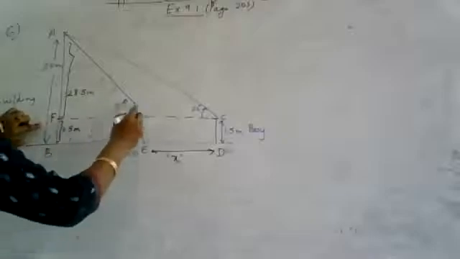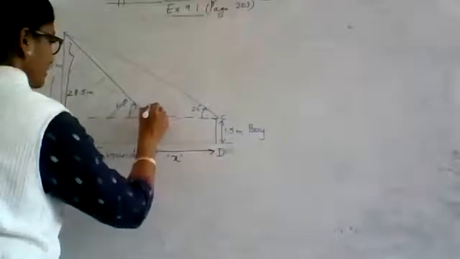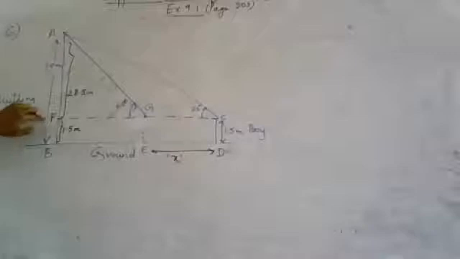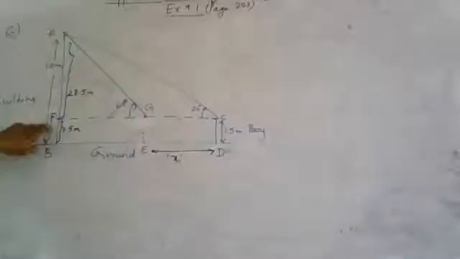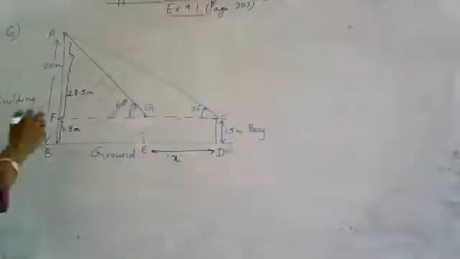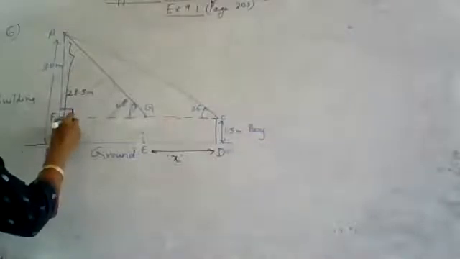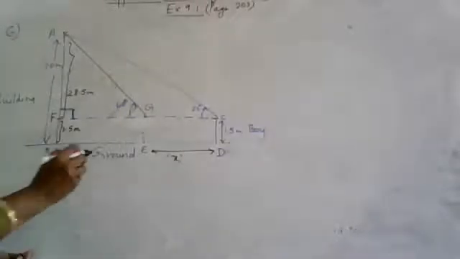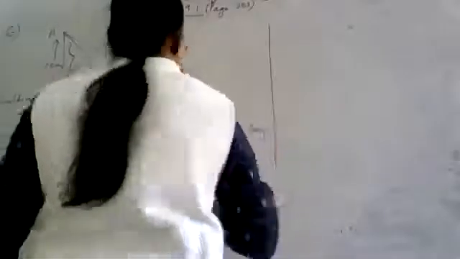A, F, I have to give another point, G. A, F, G is one right triangle. The second right triangle is A, F, C. Do you agree both of them are right triangles? Because this angle definitely is going to become 90 degrees, vertical and horizontal. So you have two right triangles and we are going to make use of both of them. Let us see what happens when we take the two right triangles and try to get their ratios.